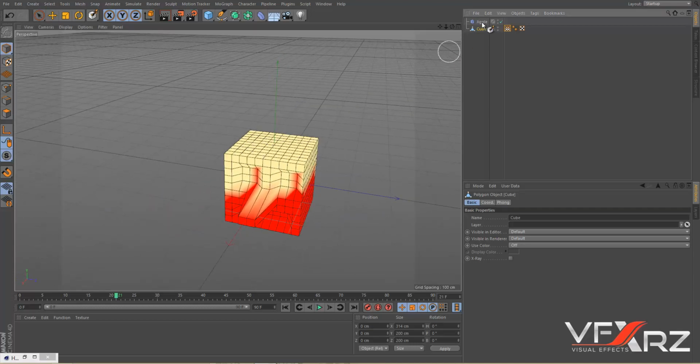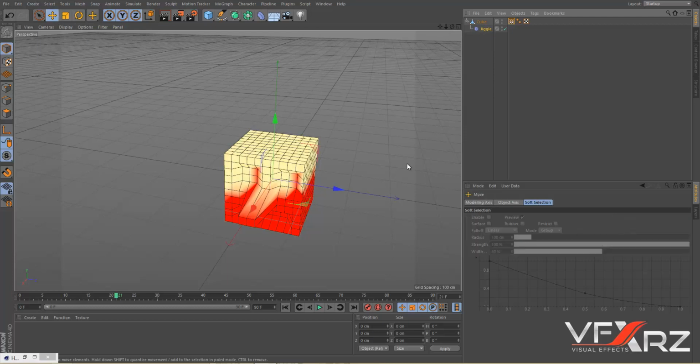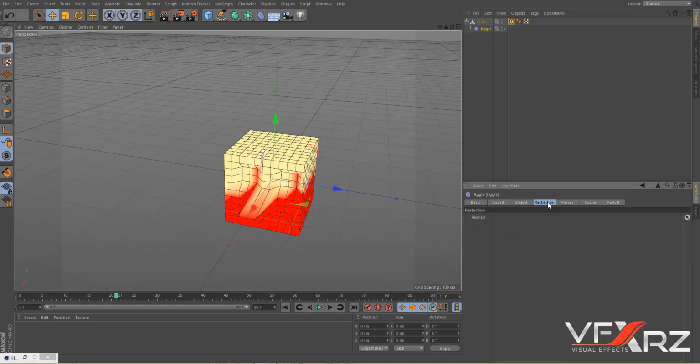Okay, now under group this jiggle to this cube. Now select this move option and then go to jiggle, and in restriction tab you should drag and drop this vertex map. As you can see, when you drag and drop, it will be like this. Okay, first indicator set in 0, and then click this auto keyframe and set keyframe for this cube, and then